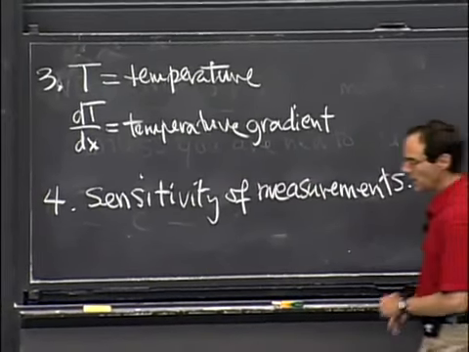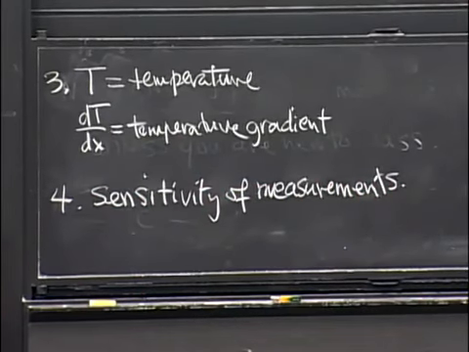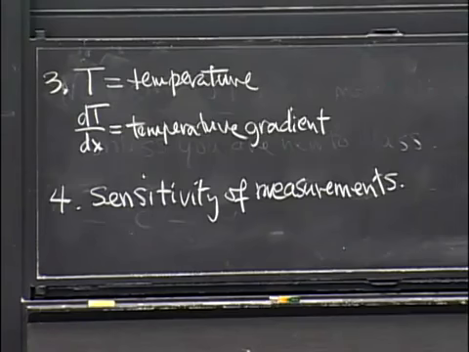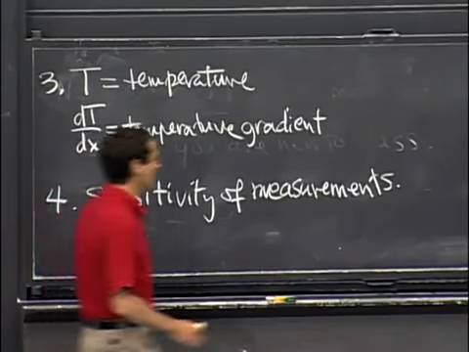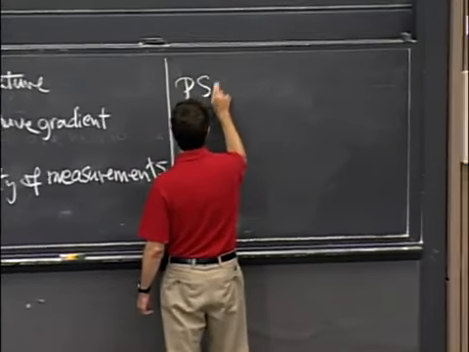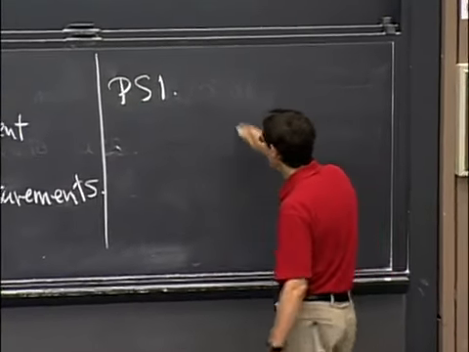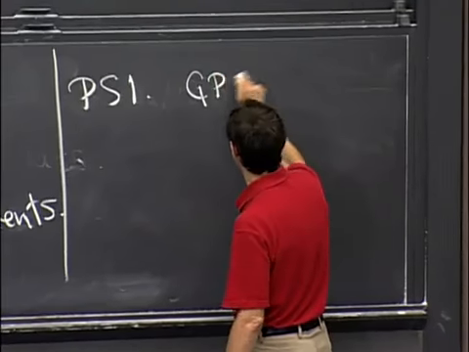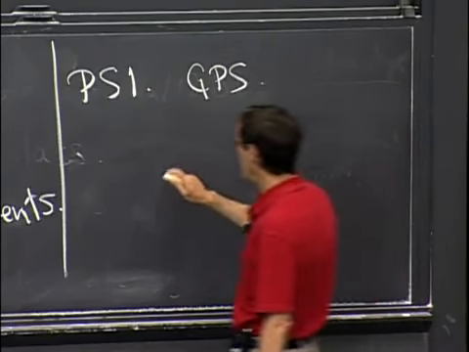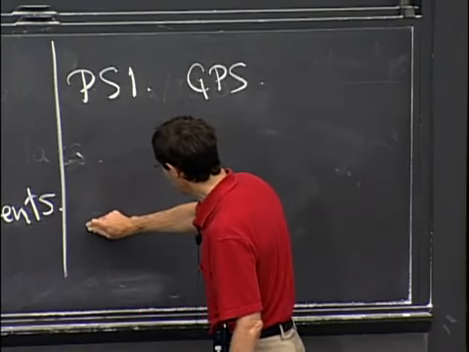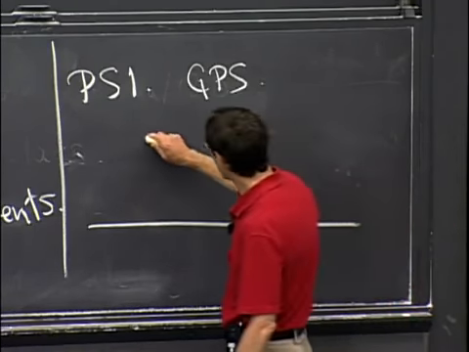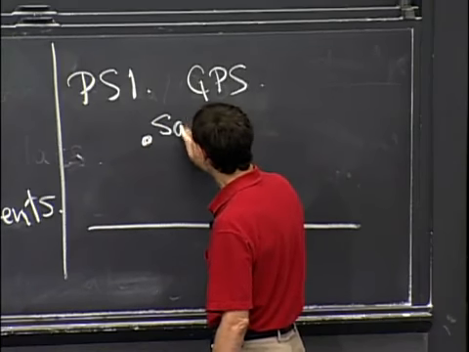So let me explain this. I don't want to belabor it, because I am just doing this to introduce you to the ideas on your problem set, which are the first case of this. On problem set 1, you have an example based on a simplified model of GPS, the flat Earth model. If the Earth is flat, it's just a horizontal line like this. And then you have a satellite, which is over here,